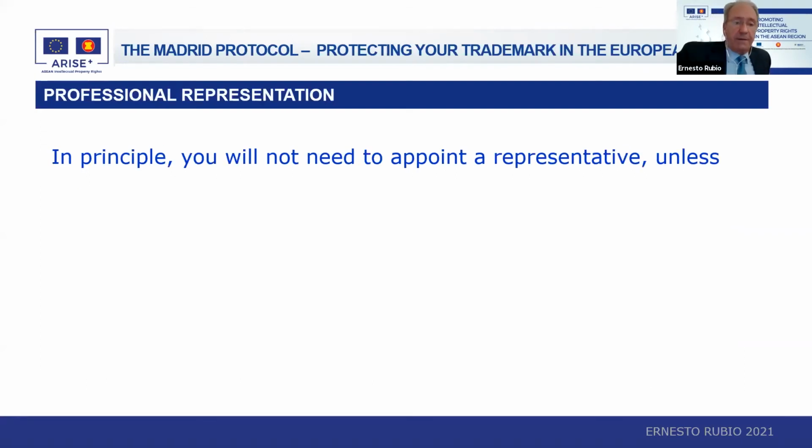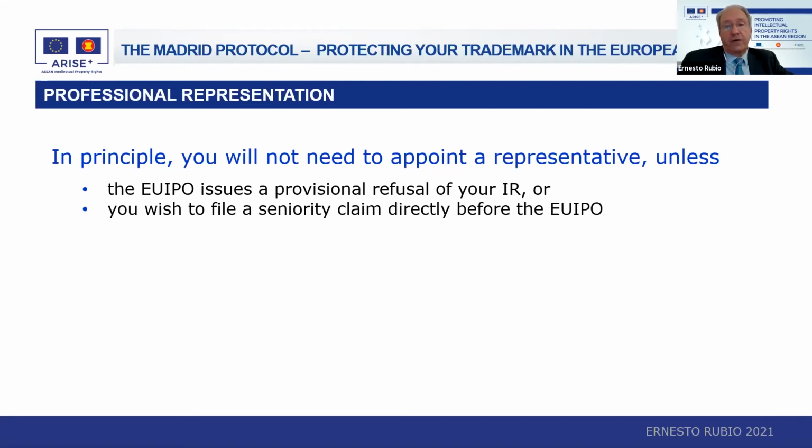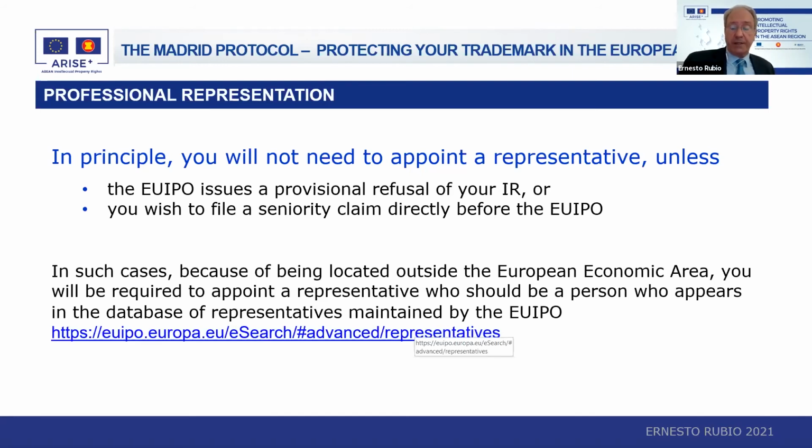In principle, and this is very important, you will not need to appoint a representative unless the European Union office issues a provisional refusal of your international registration, or if you wish to file a seniority claim directly before the office. And in such cases, because you're located outside the European Economic Area, you will be required to appoint a representative who should be a person who appears in a database of representatives that is maintained by the office